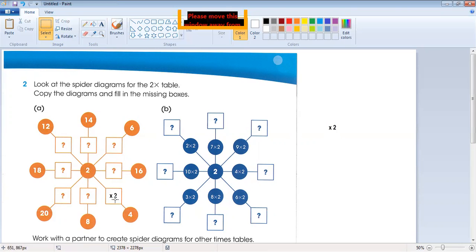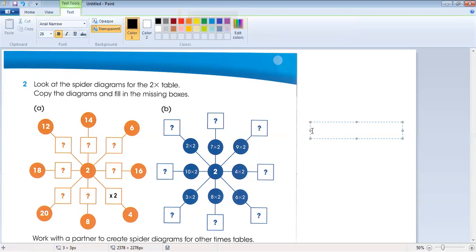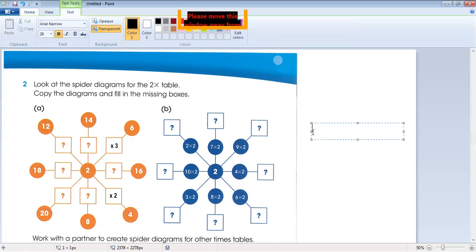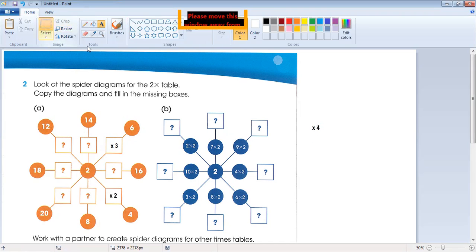Next, 2 multiply 2 equals 4. Now 2 threes are 6, so we multiply 3 here. Simple. And now 2 fours are 8. This is 8, so here comes multiply 4. Really very easy. This was just table 2, if you know it, you can solve this easily.